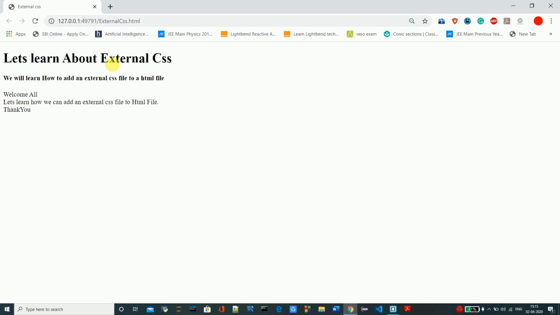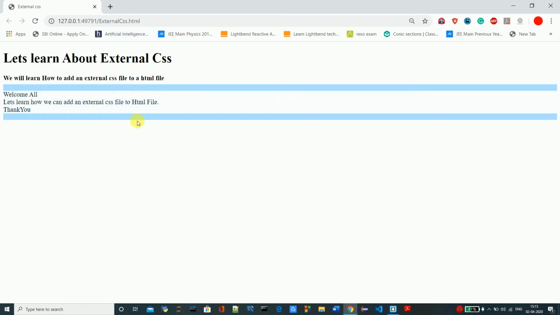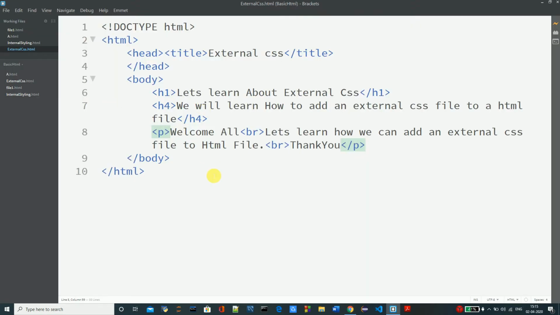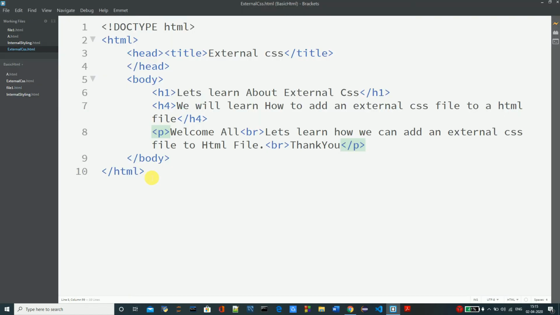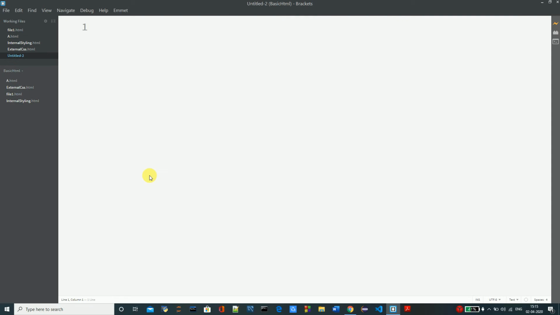So we got the output like this. So this one is the h1 tag, and this one is I guess h4 tag, and then the paragraph. Now we want to style this web page. Since there are no styles added to this web page, I want to add some styles. So what I will do, I will create one more file here, and I will save this file as